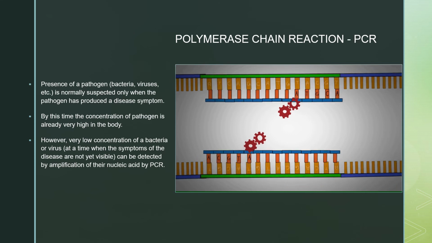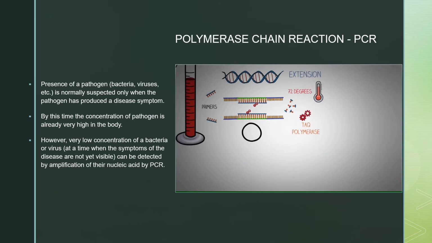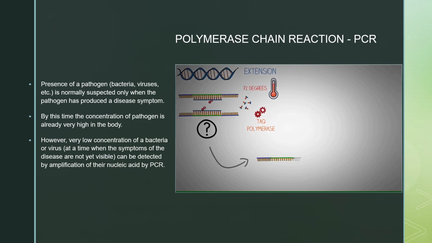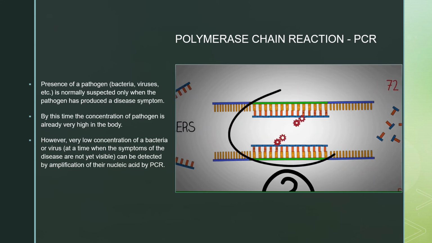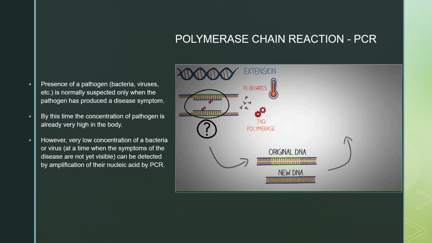So what was the result of this single cycle of heating and cooling and then heating again? You can see that from one DNA fragment we got two new double-stranded DNAs. One is the original parent DNA and the other one is a new DNA formed by the Taq polymerase. These steps are repeated again, and this is what makes the PCR a chain reaction. Basically, the products of the first reaction are used as the substrates for the next reaction.